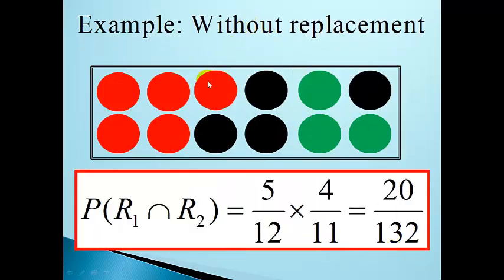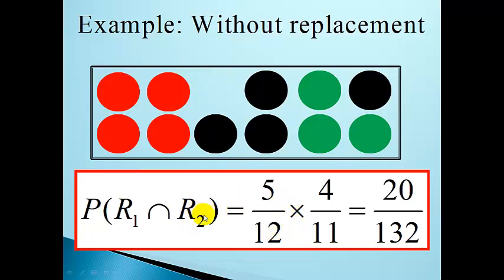Now let's look at this example. Probability of R1 intersection R2. This means that we are taking 2 red balls, one after the other, without replacement. So the first one, R1, will be equal to 5 over 12 because we have 5 red balls. So 1, 2, 3, 4, 5. And the total in the box is also 12. So it's 5 over 12 times